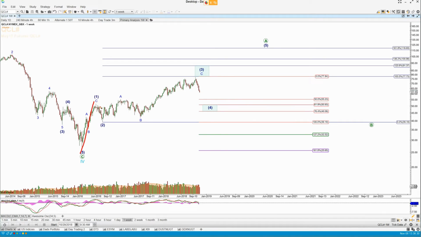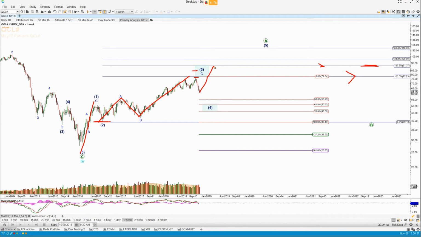chart briefly, excuse me. So what that is the length of this wave 1 as an ABC projected off the wave 2, and we're in this A, B, C for the 3rd in a diagonal. What we look for in a diagonal pattern for the 3 is the 1.0 as a minimum, and you can see we didn't quite hit it. I mean, it's close enough that this 3 could be in,